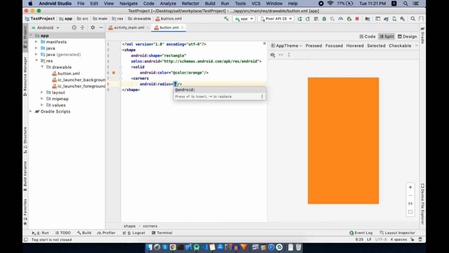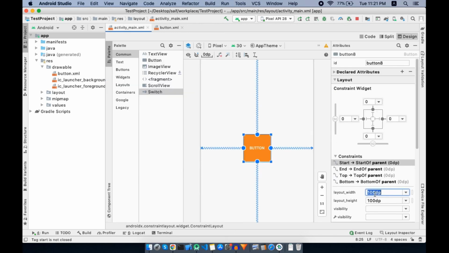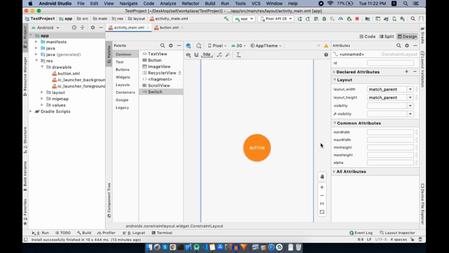For that we will set corners and the radius property to, what was the button height, 100 dp. So the border radius will be 50 dp. Now if we check our button, it's completely circular, unlike our earth.